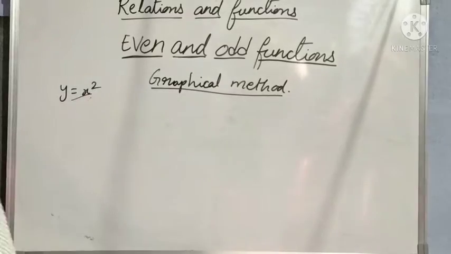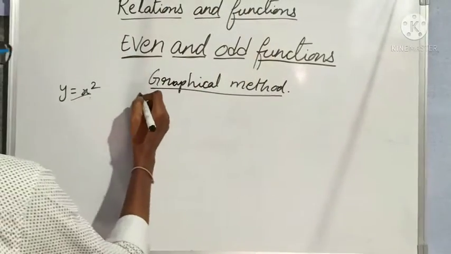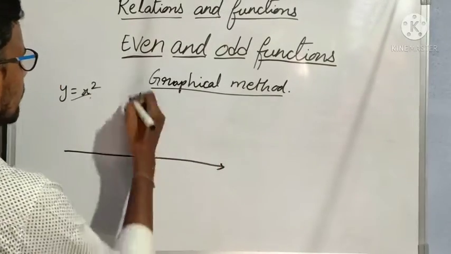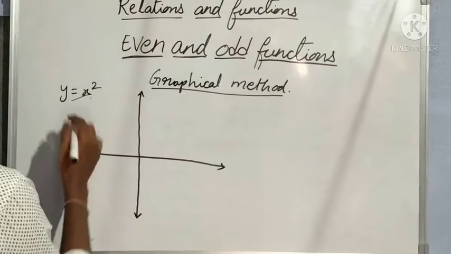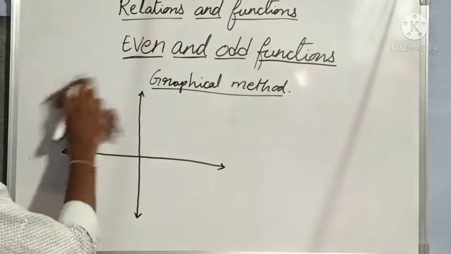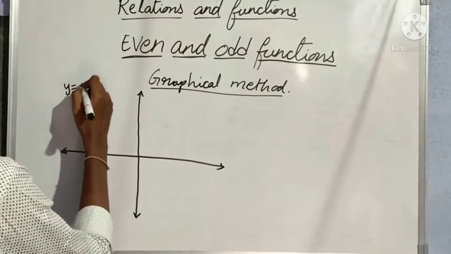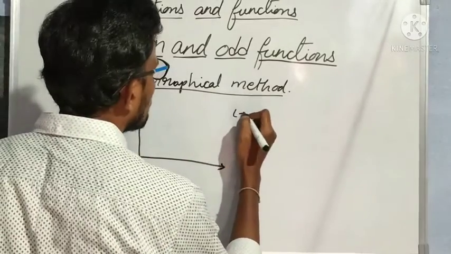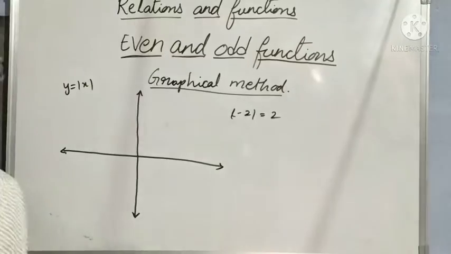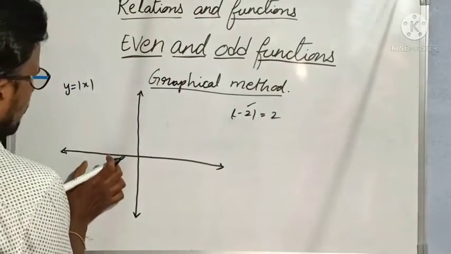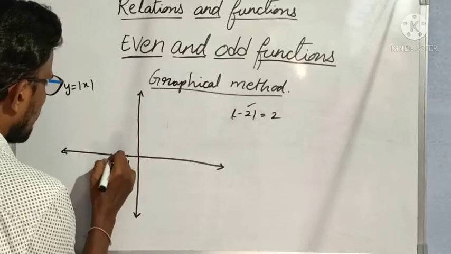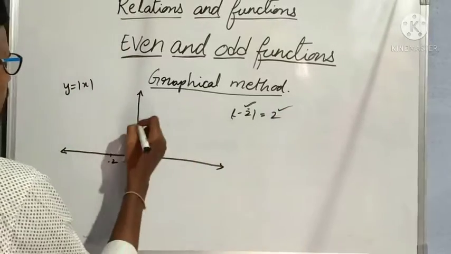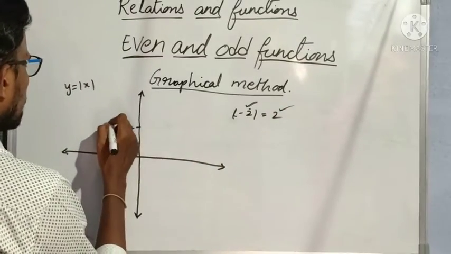There also we are getting a V-shaped curve in positive y axis. Why? Because modulus means minus value becomes plus value. Understood? So here now I am changing my graph as y is equal to mod x. Modulus means even if you take minus value, that becomes positive value. For suppose modulus of minus 2 is what? 2. So even if I take x-axis value negative, for suppose this is minus 1, this is minus 2, even when my x value is minus 2, my y value is positive. So 1, 2 means here my point is.